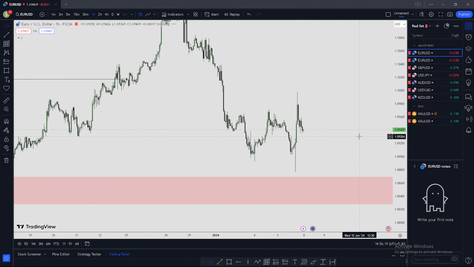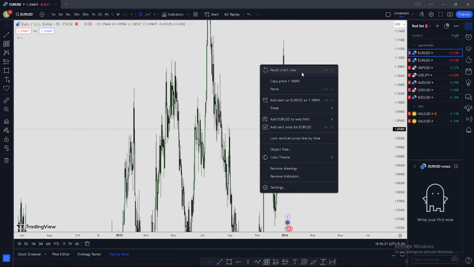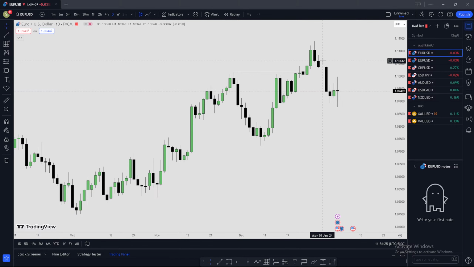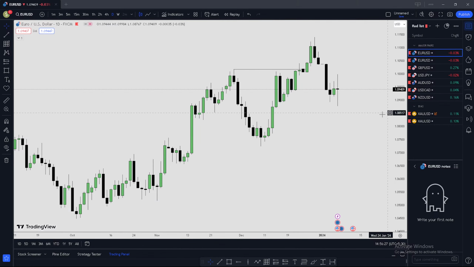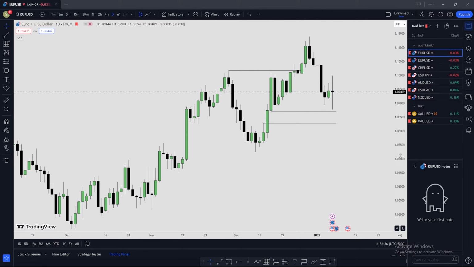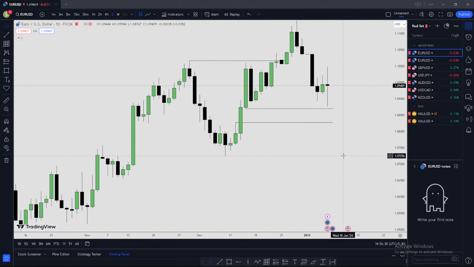Going on to the euro USD on daily time frame, what do we see? We see that the price has grabbed all the external liquidity, coming back all the way into the internal liquidity. Internal liquidity is very near the price. It's still bearish, which I think we can plan around. Until we get confirmation, we'll not be jumping into the trade. So we are still in the bias.